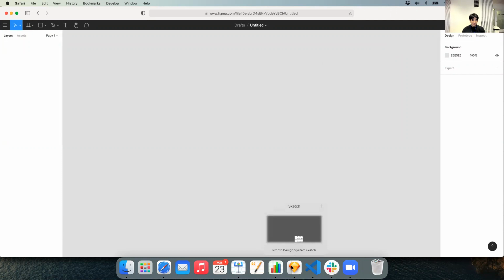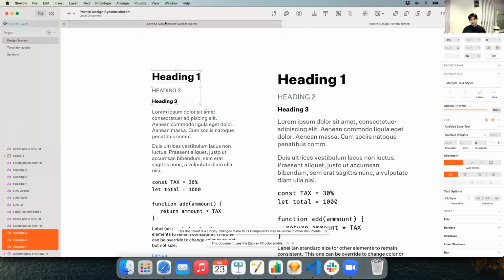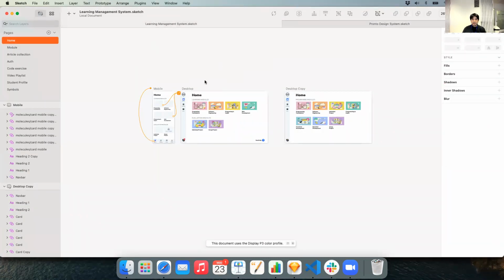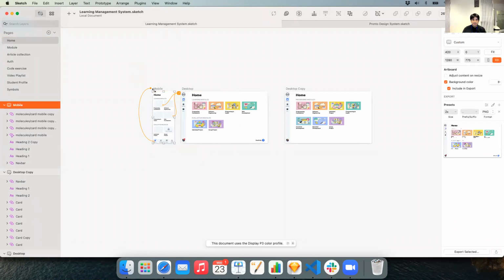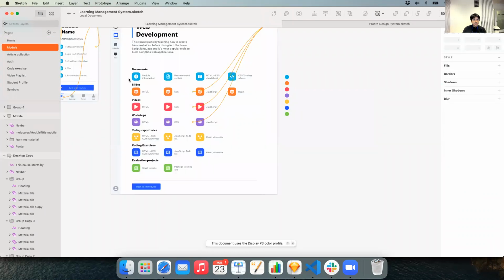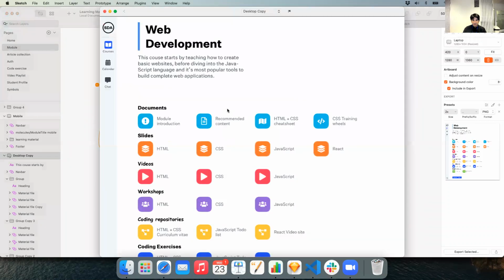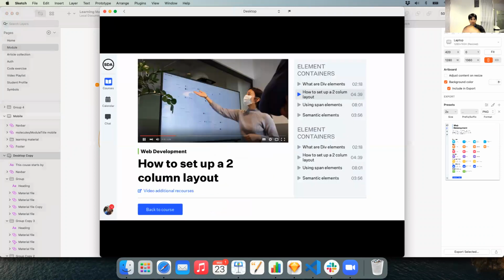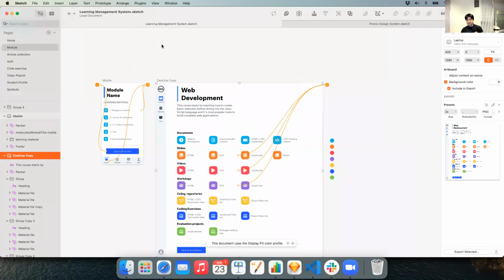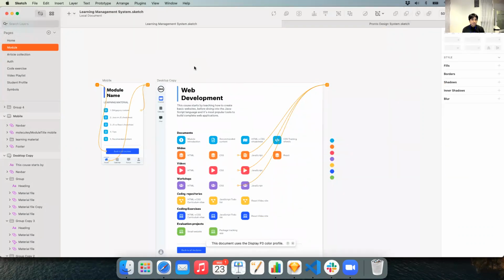Let me show you a finished example of this using Sketch. So for example, if I press play here, and let me see, I think it's in this one model. Okay. If I press play in this one, let me load. I can press this icon, and then I can load a different section of the web page to simulate a navigation element. So we can use that for making interactive prototypes,